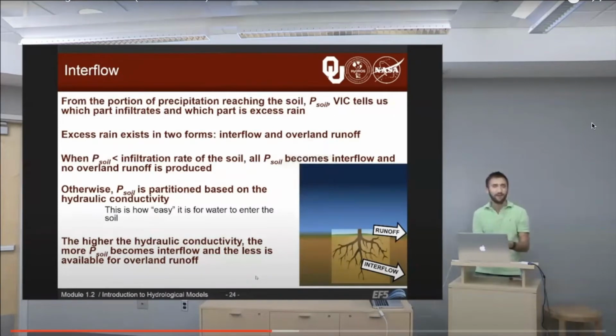get down into it, hydraulic conductivity is low. If you have something